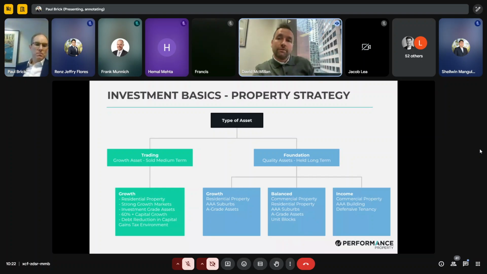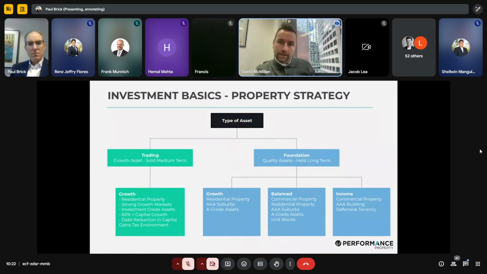Next one, Paul. So we'll just go into the methodology, the core methodology. This has been on foot for years now, and depends on the client strategy. But fundamentally, we put property into two categories. One is a trading category, and the other one is a foundation category. So trading, explained simply, is we're buying the asset to sell for a profit in a 6 to 9 year period. What success looks like in that strategy is 60% capital growth,